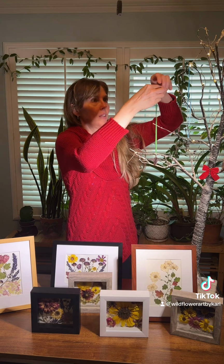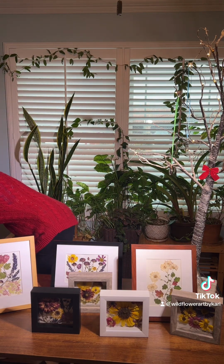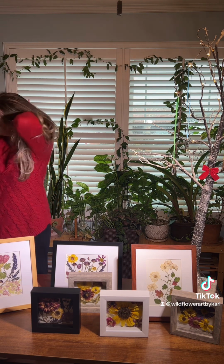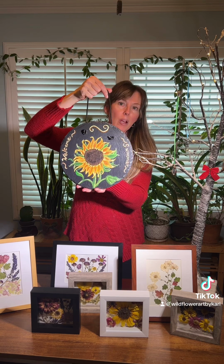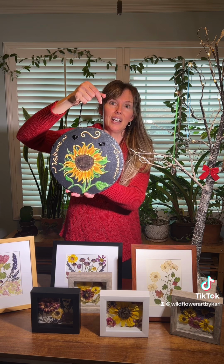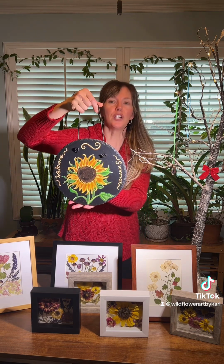So, another item that I have added to my website is slate artwork. My slate pieces. And I'll show you those. Okay. So this is a slate piece I painted this summer, inspired by my garden, and that's what a lot of my slate pieces are going to be, all pictures of just inspiration from my garden. And this is a sunflower, and this is Welcome Summer. I know it's kind of fall now, but